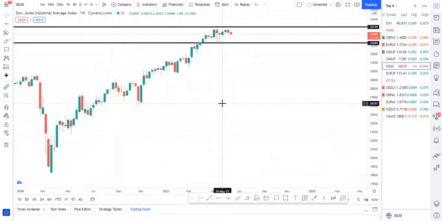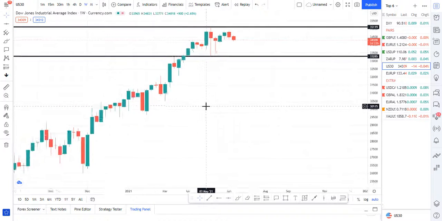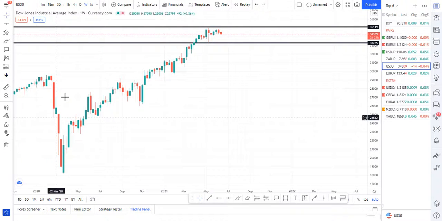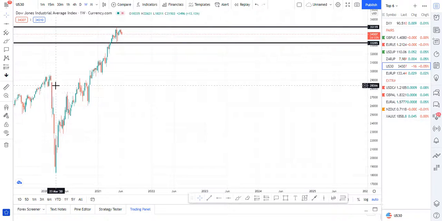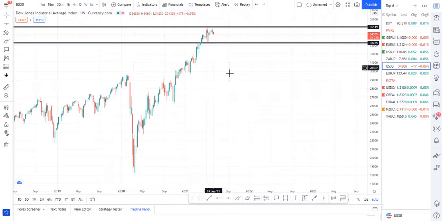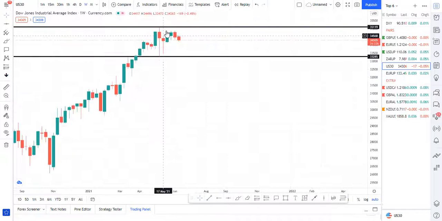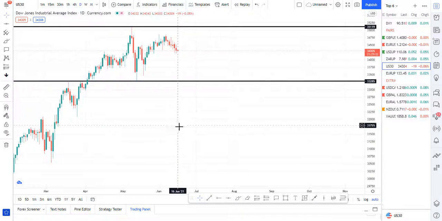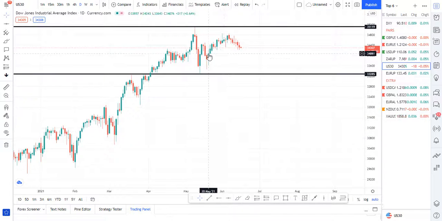With the indices, I don't really go too far in terms of the monthly. I keep it close, because the only time you could probably predict it on the monthly basis was, I don't even think even here, but then yeah, you could have done it from here. But I prefer with this one weekly. Then I go to the daily, and looking at the structure here,